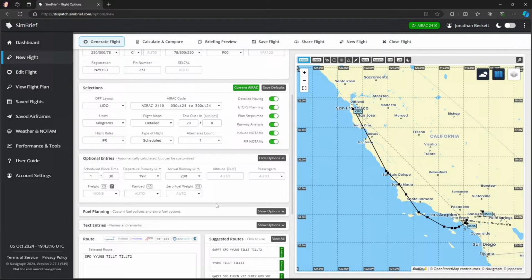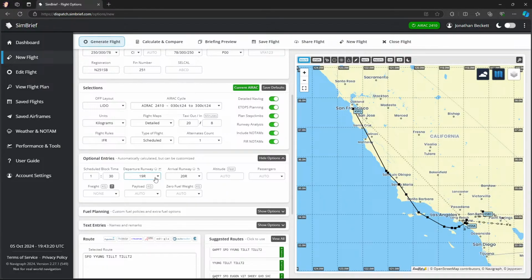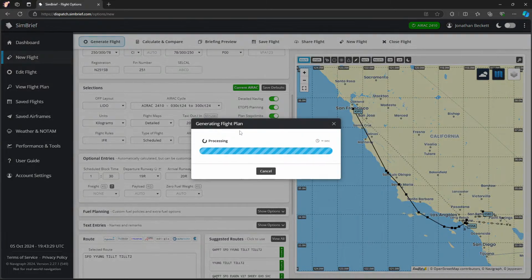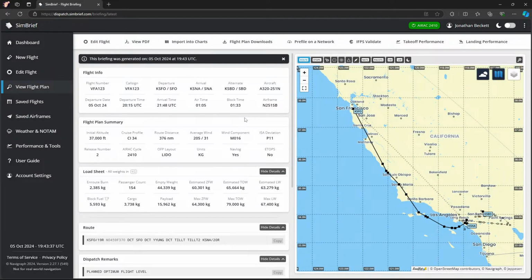So we'll make it do a new route. There it's got its new route. So we're using 19 right now, and we're going to come in on 20 right on whatever it says basically at the other end. So we'll generate the route. But we're going into John Wayne anyway, so it's near Long Beach. Okay, so